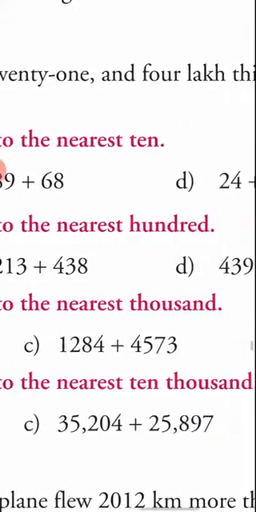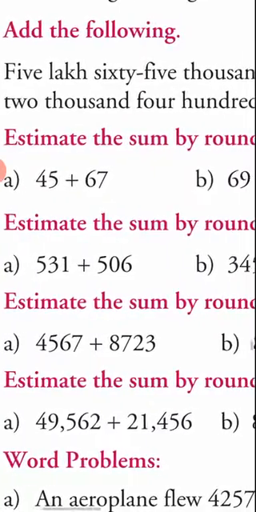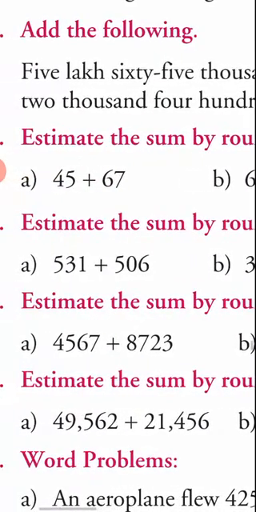5,65,321 and 4,32,407. So first convert this into figures, as you have learnt in your chapter number 1. Right there, you were just writing the numbers in figures. So here you have these words according to the Indian system of numeration. So just convert them into figures and then add and write your answer.